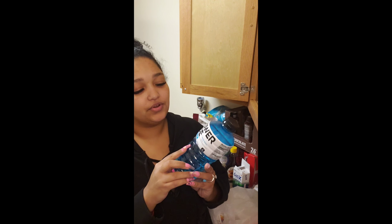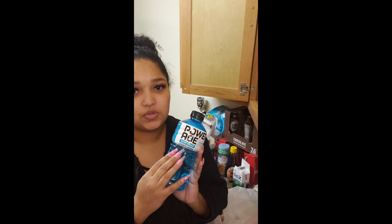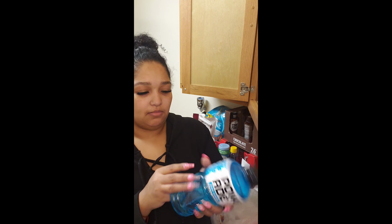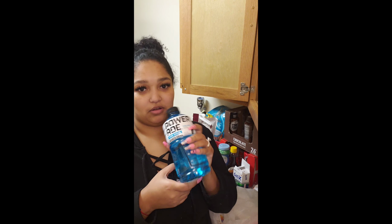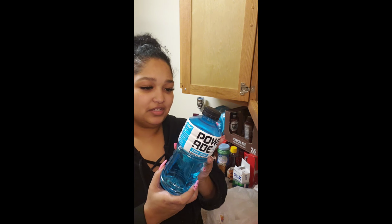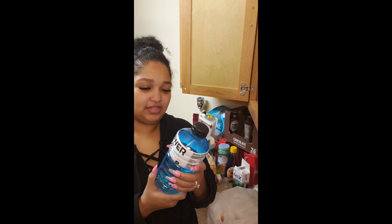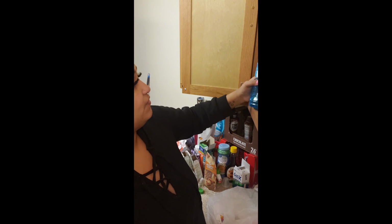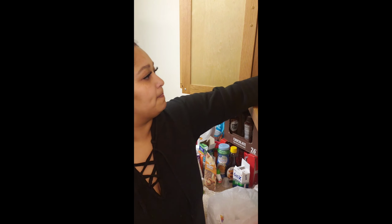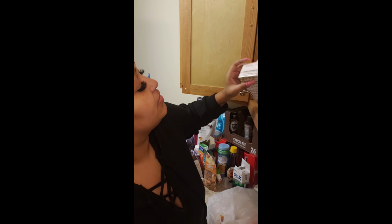These are lifesavers, the Powerade Zeros. Sometimes they taste a little sweet to me. I'll revisit it again now that I'm 4 months out and see how it tastes. But these were recommended to us to help sip throughout the whole day to get your water in. What's nice about these is if you finish one bottle, sipping all day, you already know you got half your water in, 32 ounces. So yeah, your Powerade Zeros, and they come in so many different flavors, which is awesome. I'm gonna put the tea back up. And I probably have another thing too, but these